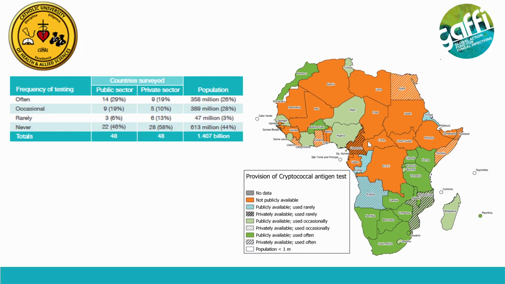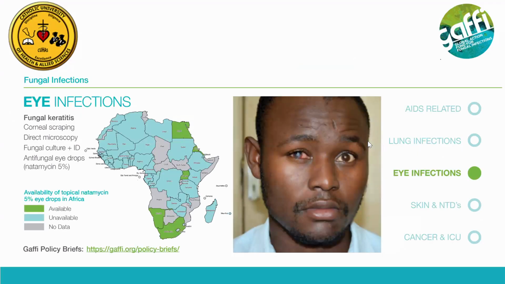Looking at the eye infections, fungal keratitis is a very common infection for people who are working in cassava plantations, very common for people who are working in banana plantations. So whenever they get their eyes scratched by anything when they're working in their garden, on their farm, the spores are there in the soil. So it's easy to get inoculated in the eyes. You should remember that the eye is an immunological area.